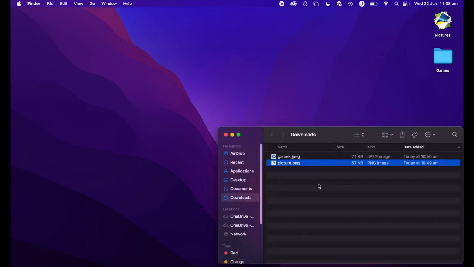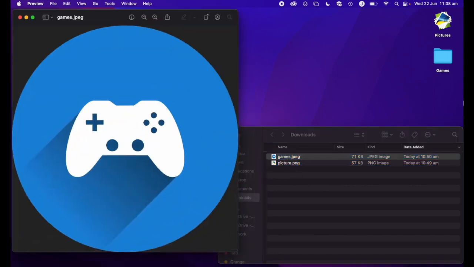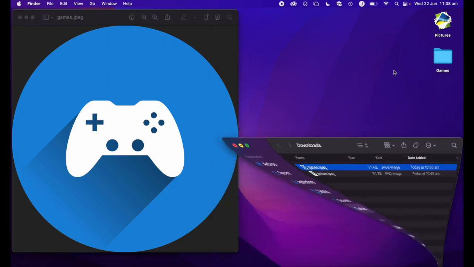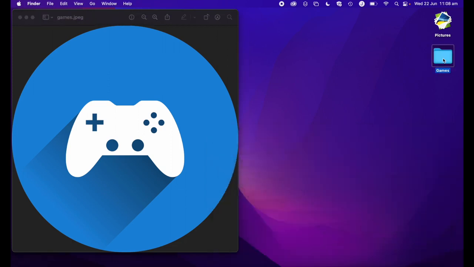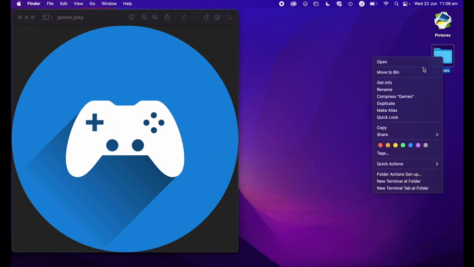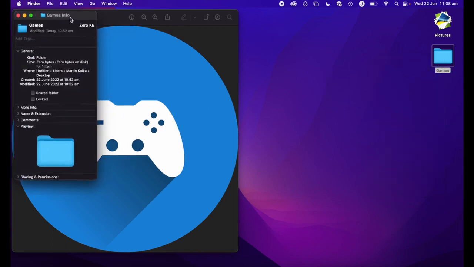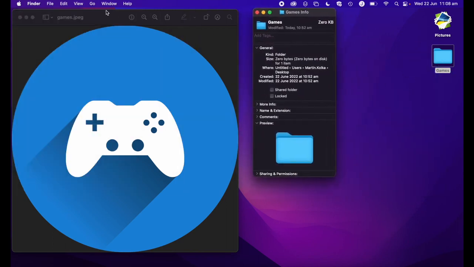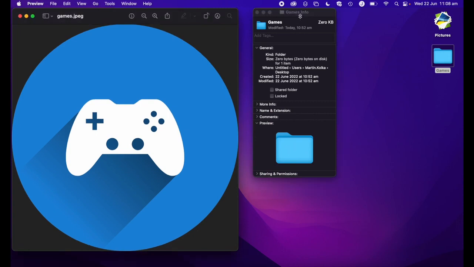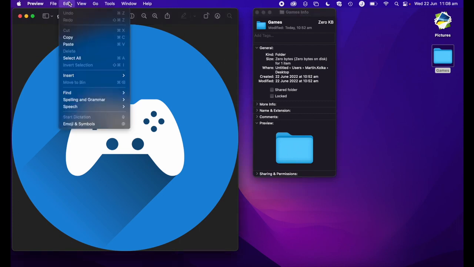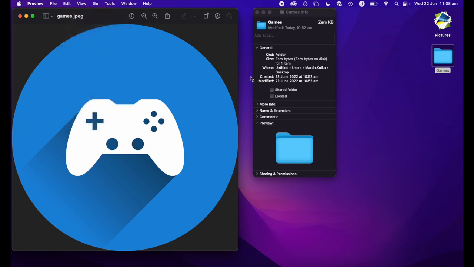So I'm going to pull up the folder that has my image in. I want to use this icon for my games folder. So again, we go over to the folder, I secondary click, control click, Get Info. So now again, I have my picture window here, and I have my folder information window over here. I'm going to click on my picture window, go to Edit, Copy, back over to my information window,